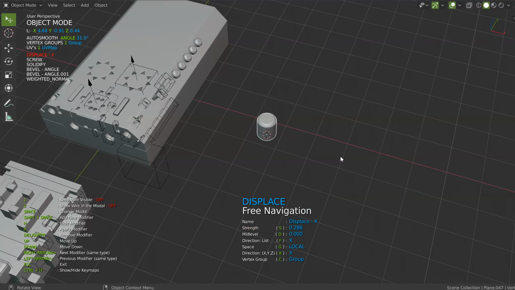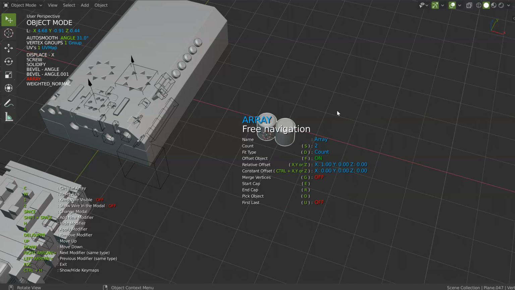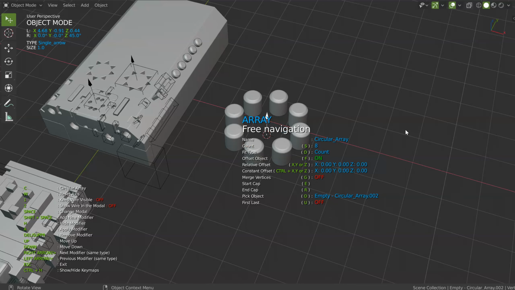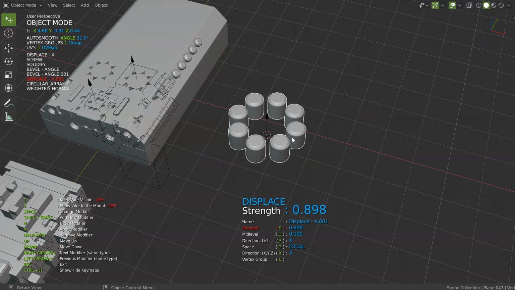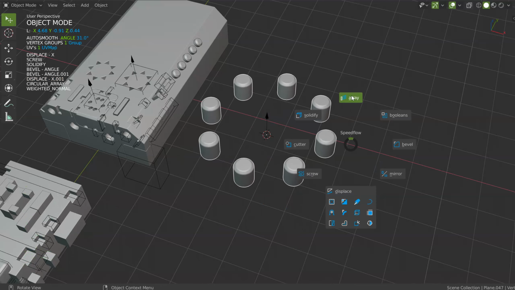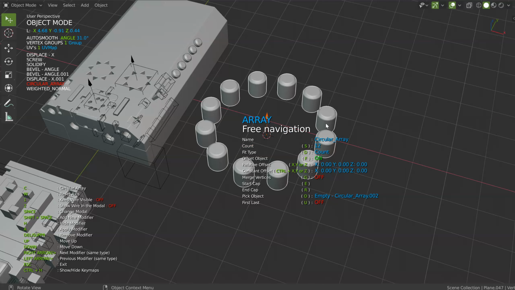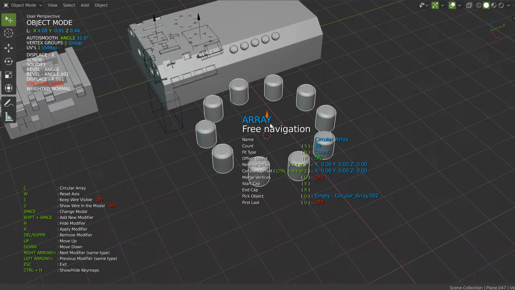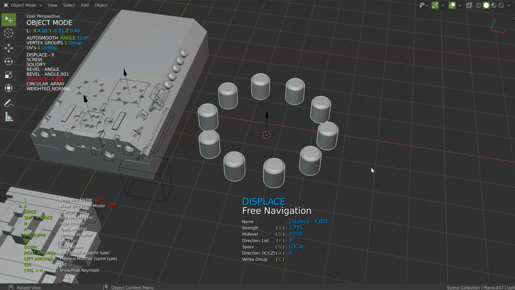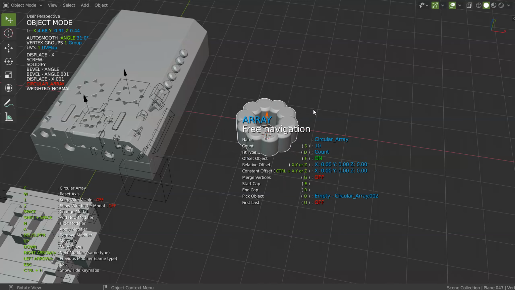Let's play with the displace. I can add an array. I will press C. I will do this. I can play with the displace like that. I can come back on the array, like that. That will work, okay? So, you have this, but first I want to edit it like that, and to decrease